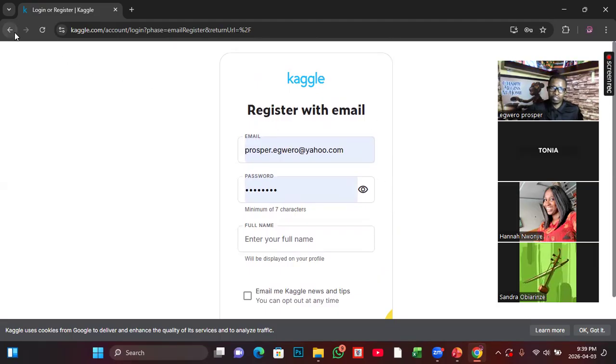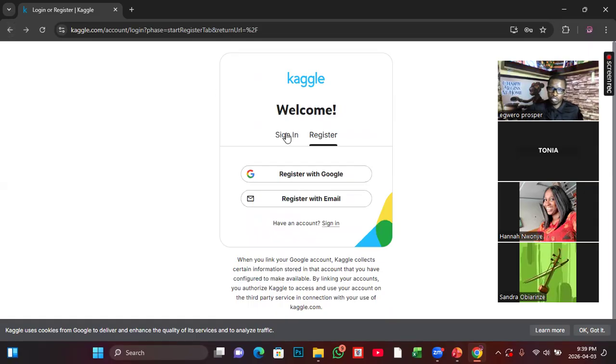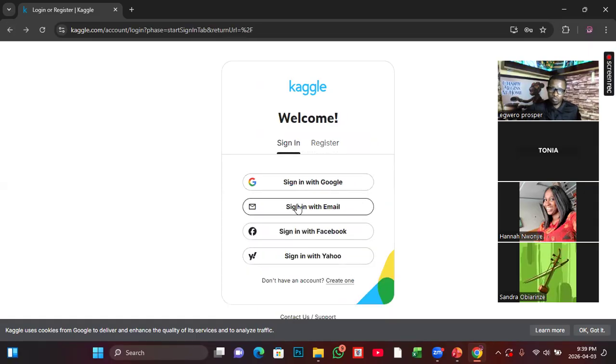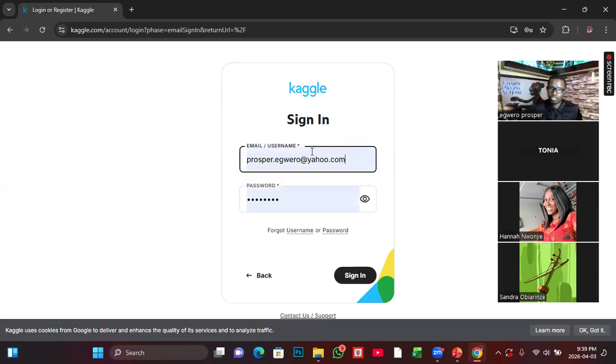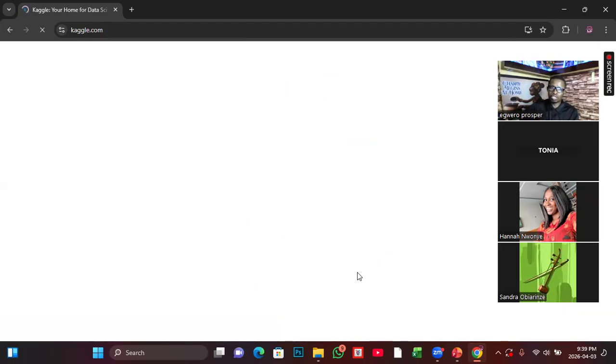But I have already registered, so I don't want to go into that. I will just sign in with my mail, which I've already saved in the browser cookies. In your own case, after you have created it, it will take you in. But if it doesn't, you come back and click on sign in, enter the email you provided, enter the password you provided, and click on sign in. That will take you to the website properly.